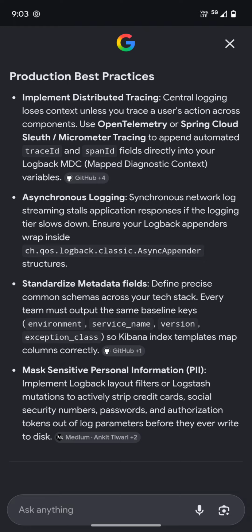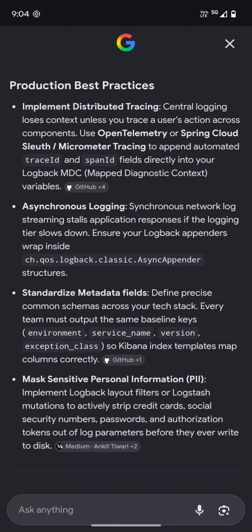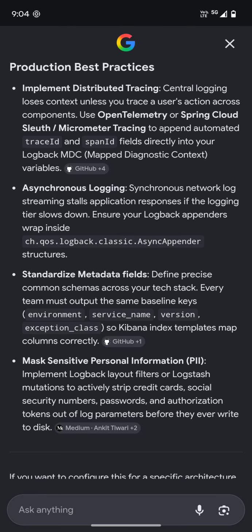Asynchronous logging is a kind of event-driven architecture where you publish logs into queues, and on the other side the consumer will consume the logs. So why do we go for this? Because sometimes the synchronous logging approach may consume a lot of CPU. It may hit performance issues, and you may face latency issues because of the heavy logging framework. Then you can build an asynchronous logging mechanism.